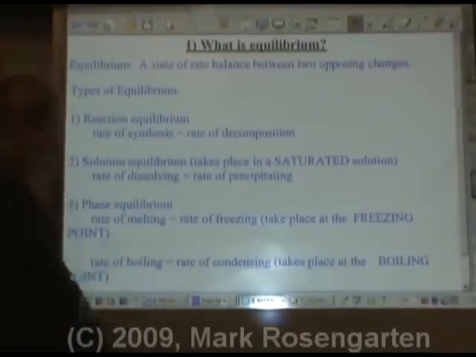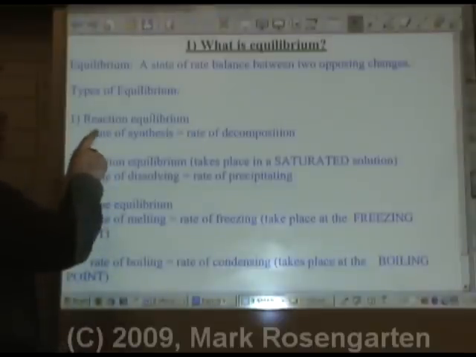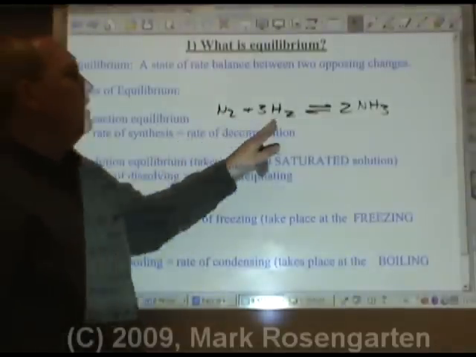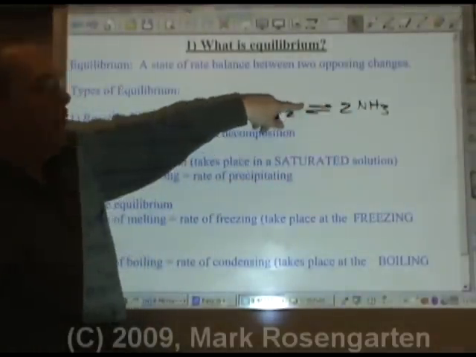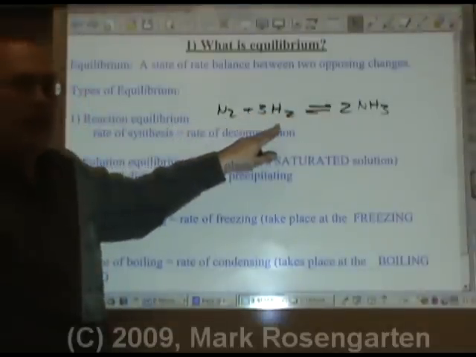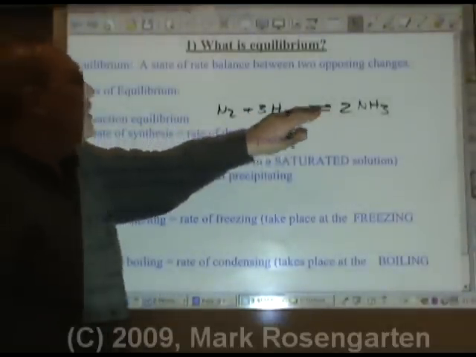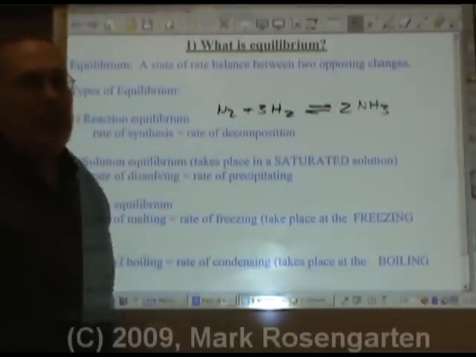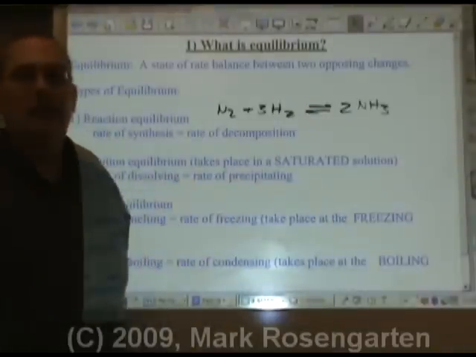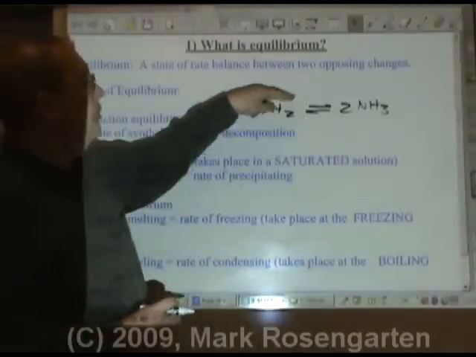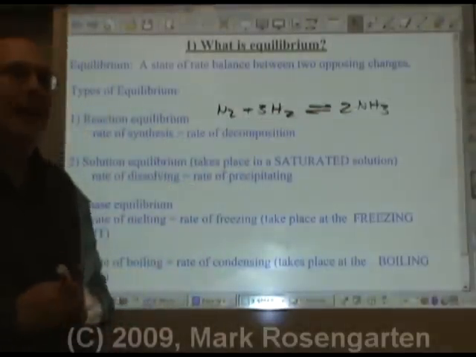everything in balance. For example, in a chemical reaction, the rate of synthesis equals the rate of decomposition. That would be equilibrium. N2 and H2 combine to form NH3. That's this forward arrow here. But the NH3 decomposes to reform nitrogen and hydrogen. That's the reverse arrow. Usually, it's either going to be that reaction that happens, or it's going to be the other reaction that happens. At equilibrium, both reactions happen at the same rate. That's why we have a double arrow to show that the forward and reverse reactions are happening at the same